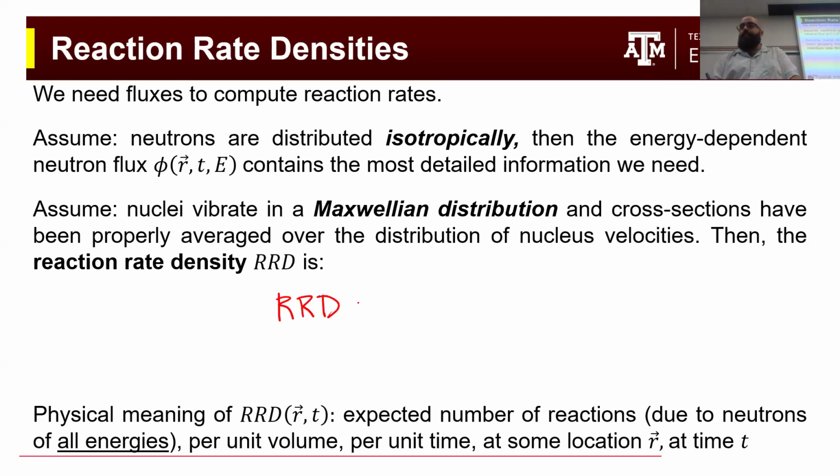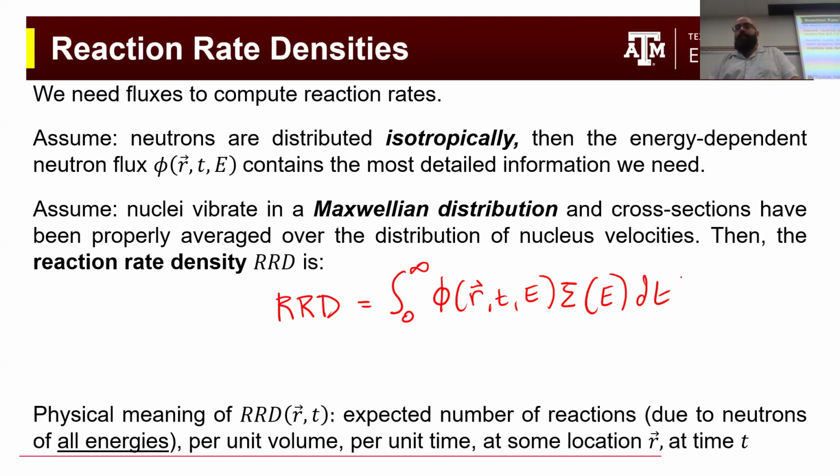So the reaction rate density is what you get if you integrate over all energies the energy dependent scalar flux. Flux is a function of position, time, and energy. You multiply that with some macroscopic cross section, which is a function of the neutron energy, and then you integrate that over all energies. So this quantity right here, the energy dependent flux times a cross section, is our energy dependent